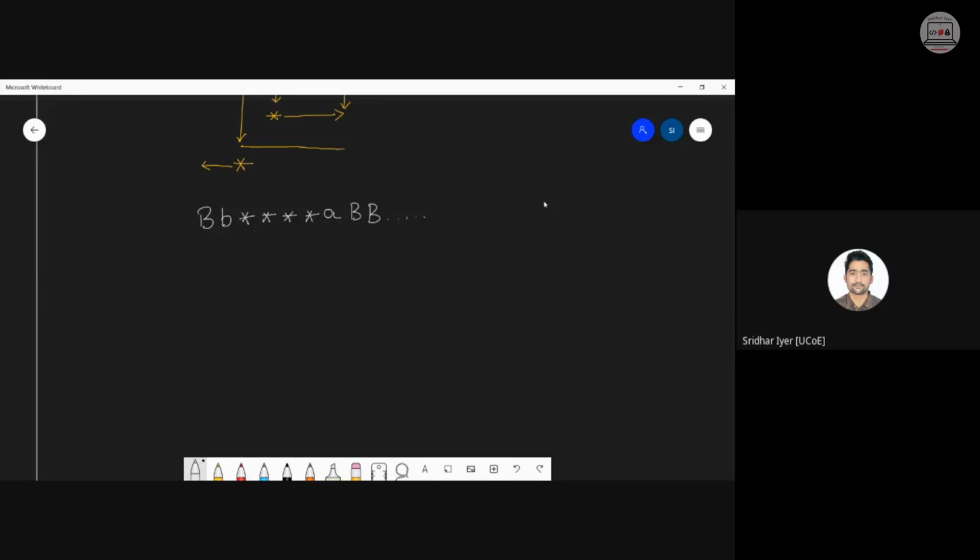Again, the machine is now at this particular juncture. So I will bypass every other thing until I encounter this A. I will replace this A with a star. Keep moving to the right until I reach this blank. Blank तक जैसे ही पहुंचे, again start moving to the left. बीच के सारे values को bypass करो until I receive this small b. उसको star में convert करो. Move till blank. अभी blank आ गया.